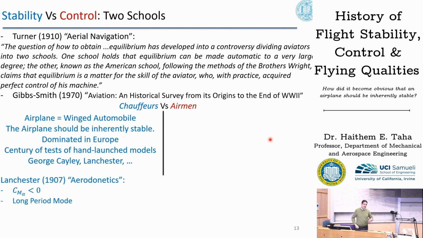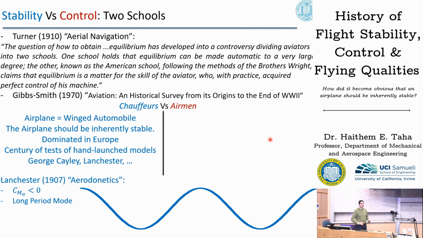And this also makes sense because once he launched a hand-launched model, he always observed that the airplane goes into oscillations, which we discussed in class. As the airplane goes down, speed increases and lift increases. At some point, the excess lift pulls the airplane up into a climb. As the airplane is climbing, the speed decreases and lift decreases. At some point, the decrease in lift pulls down the airplane. And the airplane keeps oscillating in a long period. So these oscillations take a long period.